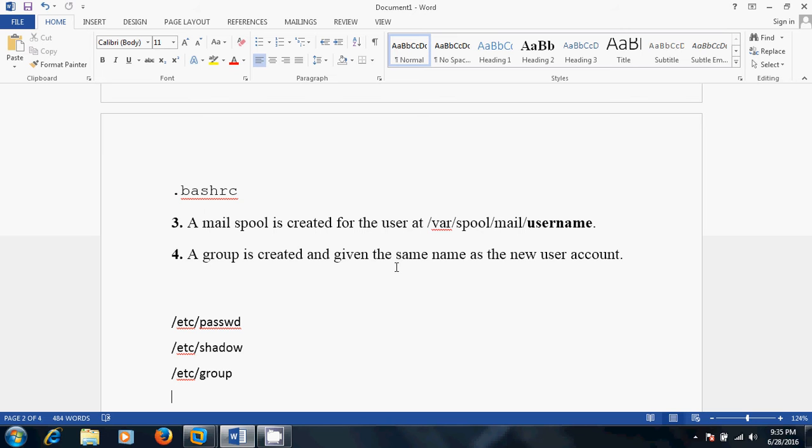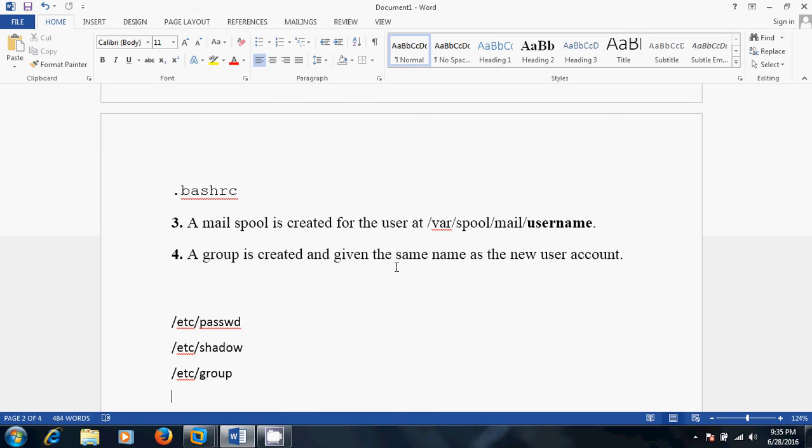First one is /etc/passwd. It stores all the user related information. Second one is /etc/shadow. It stores all the Linux passwords in MD5 encrypted format. And the third one is /etc/group. It stores all the group related information.